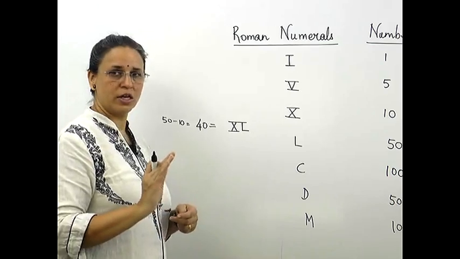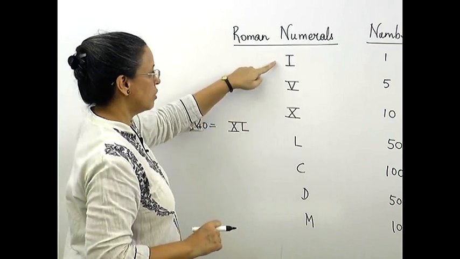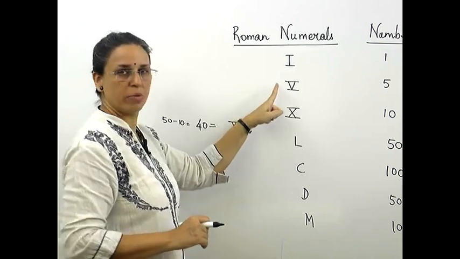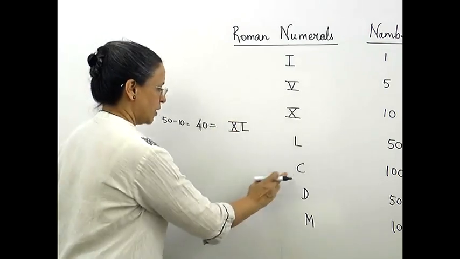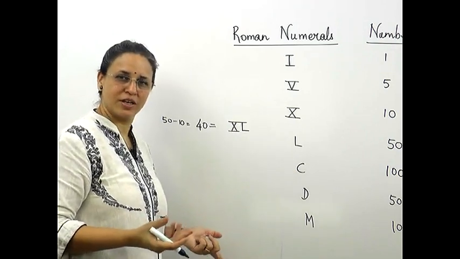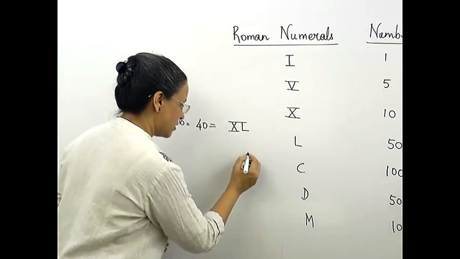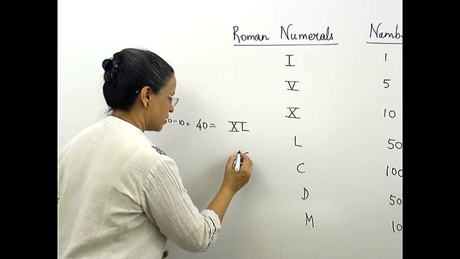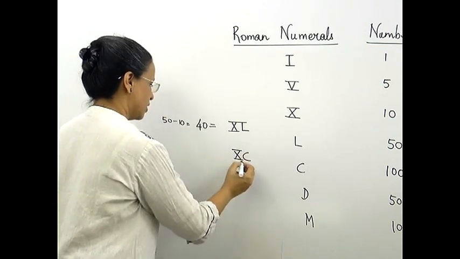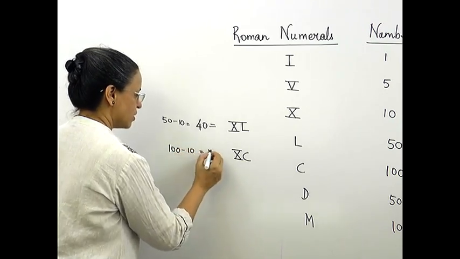3 बार कौन सा वाला नहीं लिख सकते हैं? नंबर 5। 5 सिर्फ एक बार लिखा जाता है। नंबर 1 can be written 3 times, number 10 can be written 3 times, but not number 5. Now we saw that this is 100. C, it's easy to remember century, correct? So C, century, gives us 100. Now if I write C and I write 10 in front of it, so then how much will I get? This will be 100 minus 10, so this will give us 90.